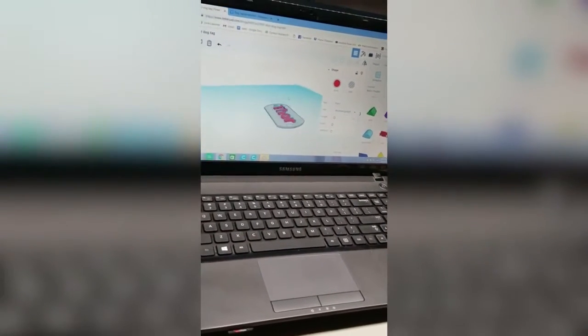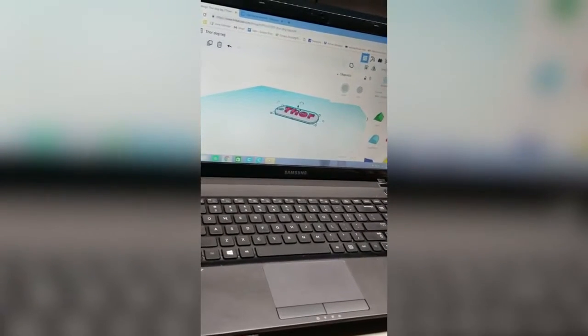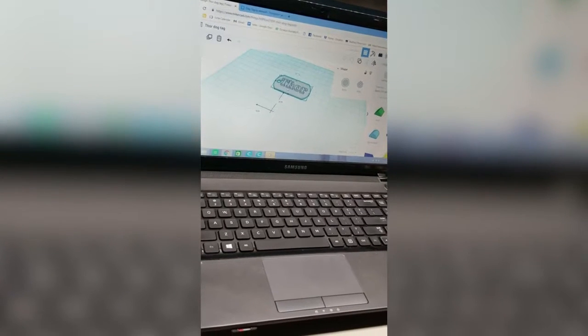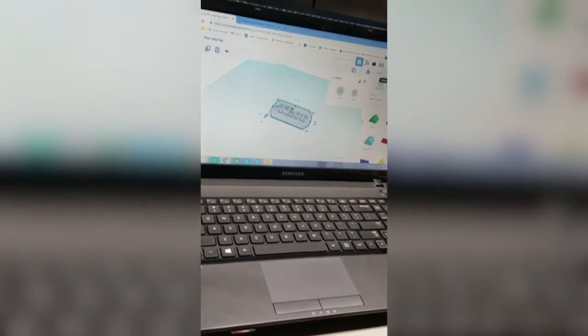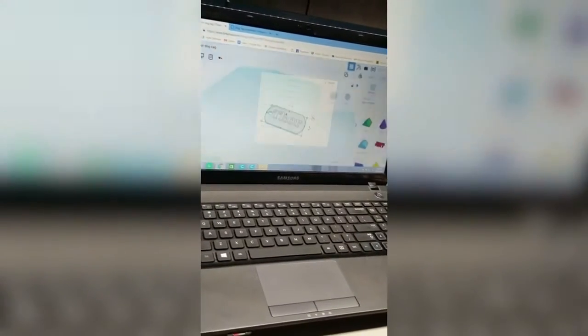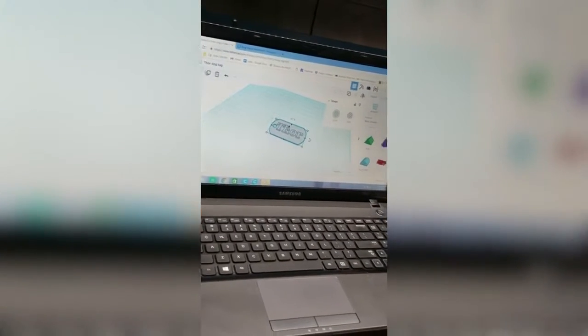It's not. Once you do that, you're going to left click, drag over, group. It now becomes one item. You move it accordingly. Now we're going to export the file, and make sure you click STL. Once you have done that, you're going to click this,